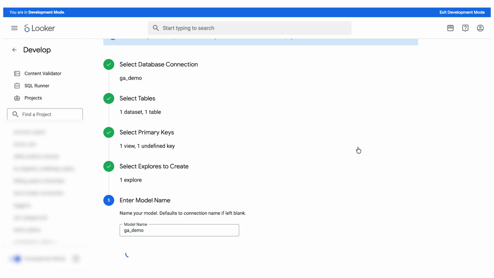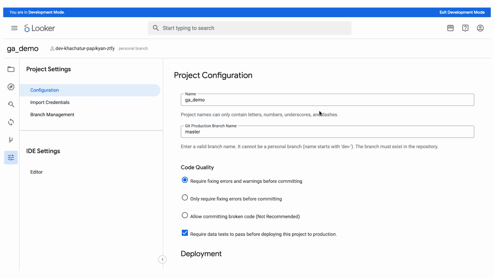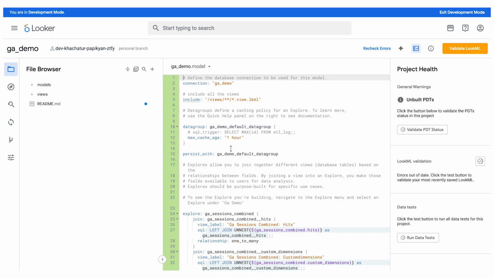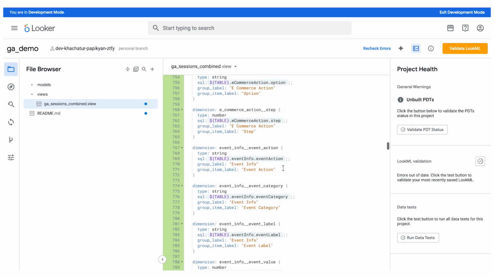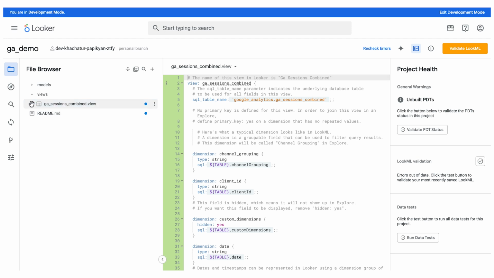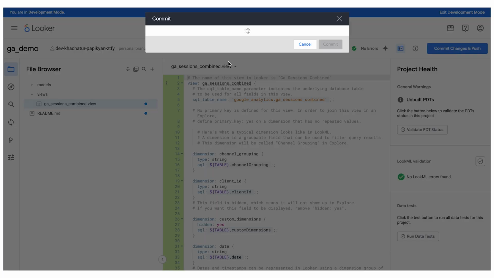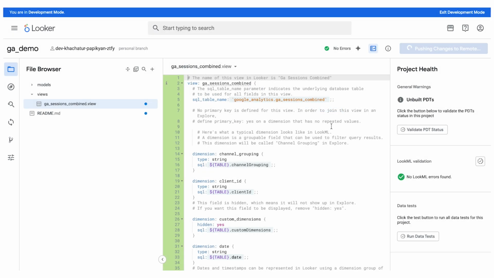This will take a couple of seconds. All right, now we have it ready. Let's go check our files. We see that Looker already generated the semantic layer for us. So we have all of this stuff generated by Looker, all the dimensions, measures that are needed, the basic ones, let's say. So let's commit this, initial commit to our repo,